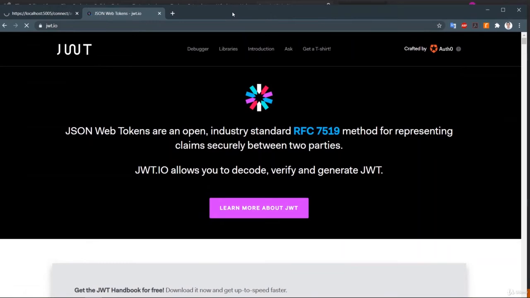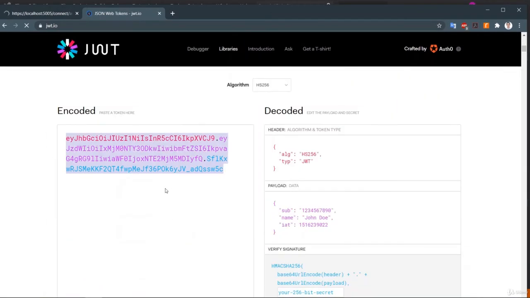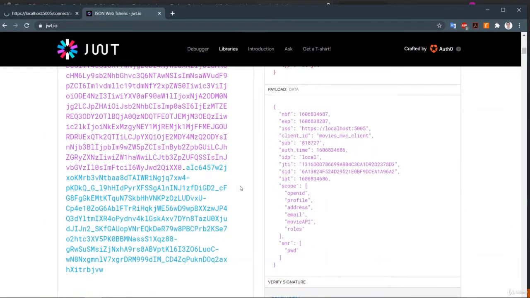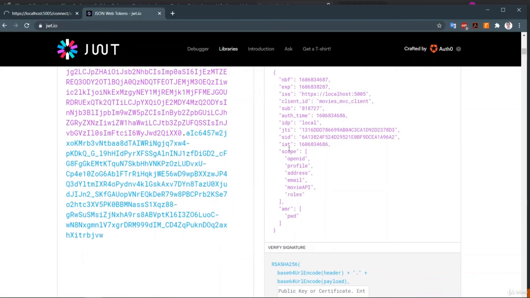Okay, so let me paste it in here. See that the generated token has some scopes, and under the scopes we have email, movie API, and role information. This way, we can carry the role information from the identity server to our MVC client application.